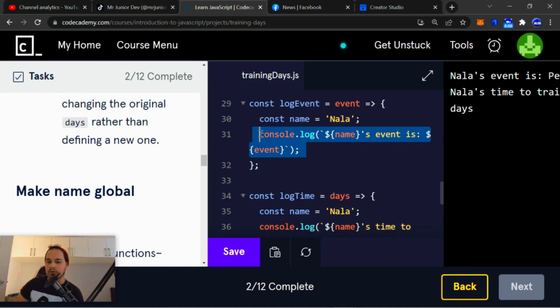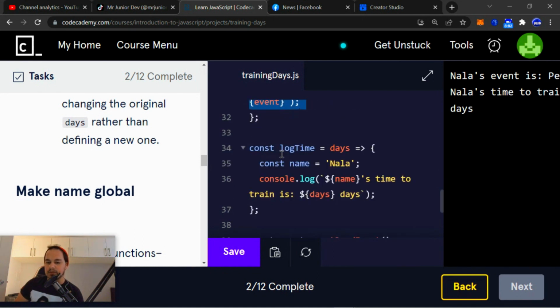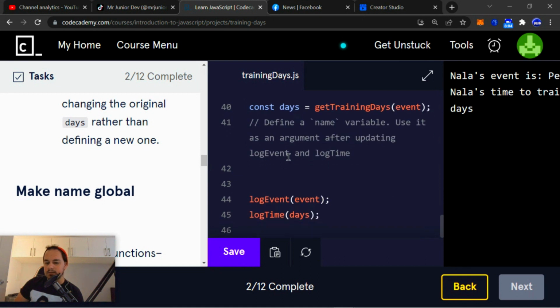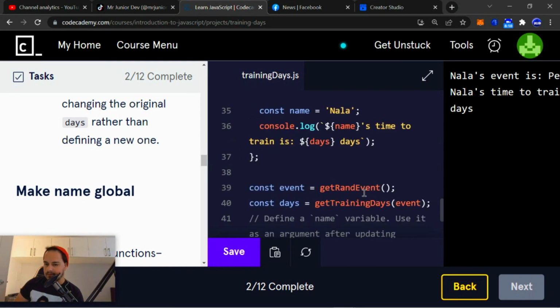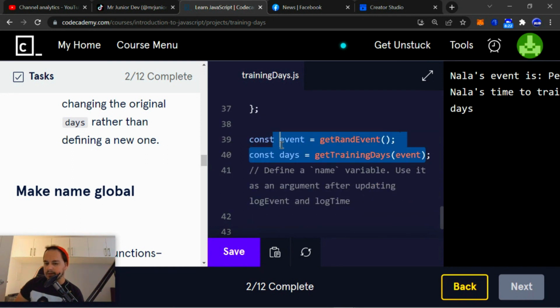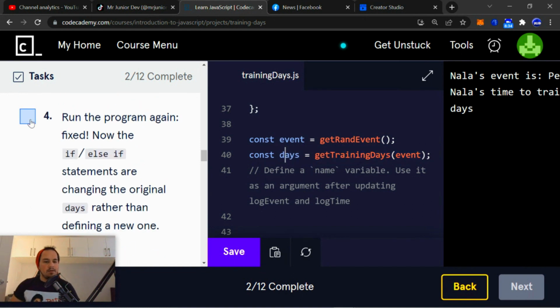And here it's been logged, the name and the event. And here is the event call, here's the days call. And here are the new variables that have been defined, constant variables. Okay, so when we run this,